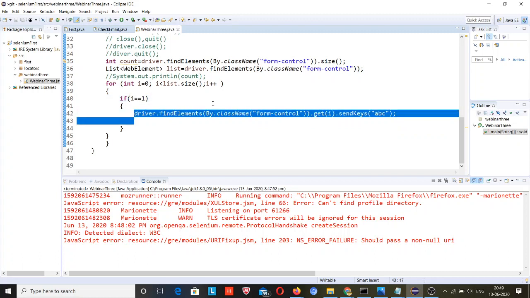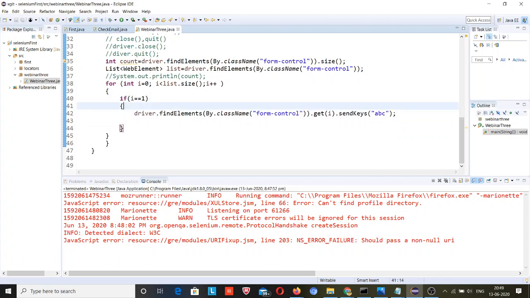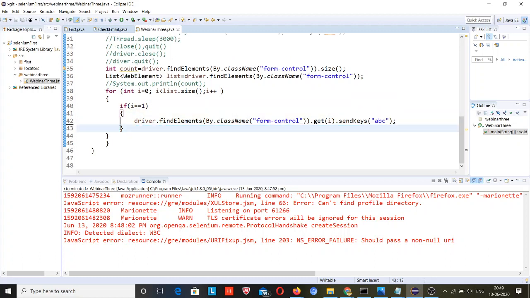So Ramakrishna was right, because Ramakrishna was just starting with Selenium. Why did this problem happen? Ramakrishna had i equal to 1. I will come to this place, but when I do not use this get I method. Okay, yeah, got it. But let me see why this code, what happened?